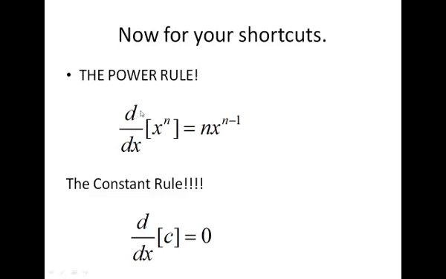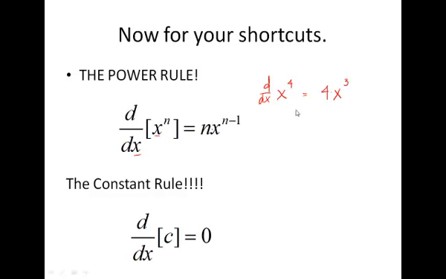So all this is saying, remember this is our notation for deriving. If you are going to be deriving a certain function that happens to be a power with respect to x, so your x and your x line up, you're deriving with respect to x, what you're going to be doing then is taking the exponent of that power down as a multiplier and then reducing that power by 1. So here would be an example. What you could go ahead and do then is say the derivative of that is going to be: take that 4 down as a multiplier, x, and then reduce our power by 1, so it's going to be